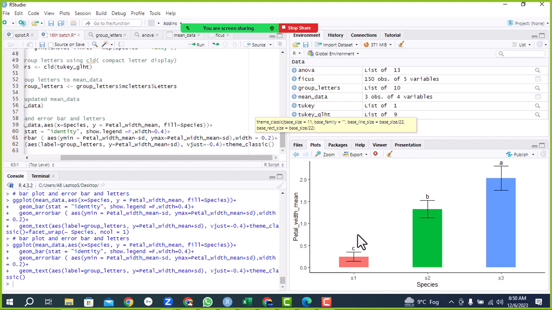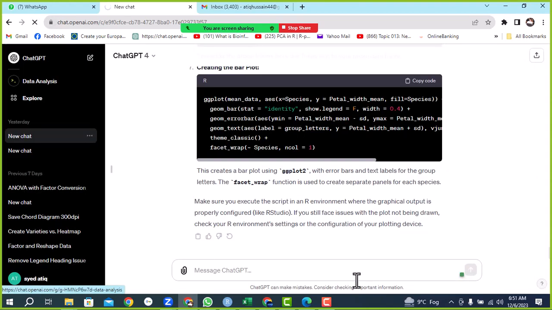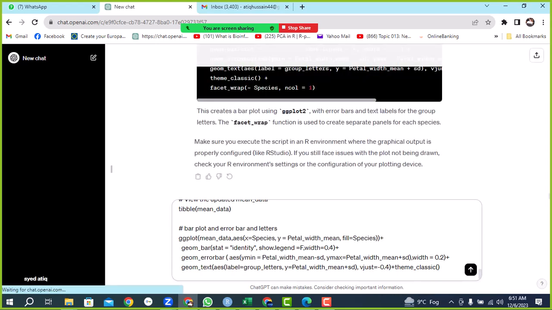Now your task today is to completely copy the script, Control A, and copy and paste it in R, and ask for an explanation. Paste it here. And ask ChatGPT, please